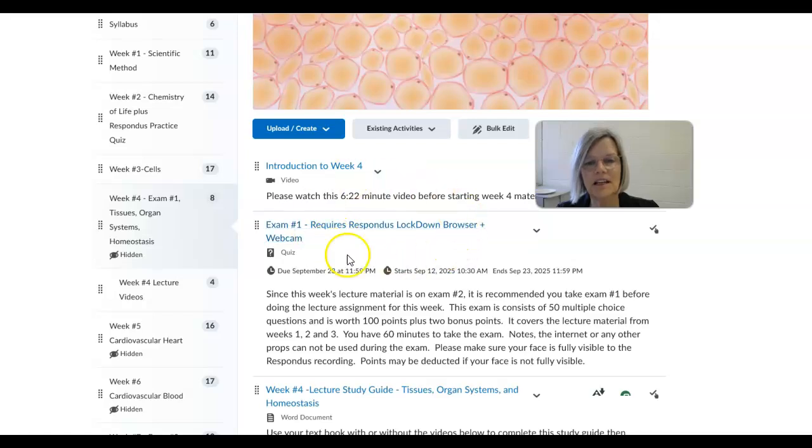And I know a lot of you are taking this for prerequisites, a lot of people for nursing or other healthcare courses. So you really do need to remember this information. You're going to hear it again, and you're going to use this information professionally. So you want to remember it. So study one day, go to bed. Study the next day, go to bed. Give yourself some time to let this process.